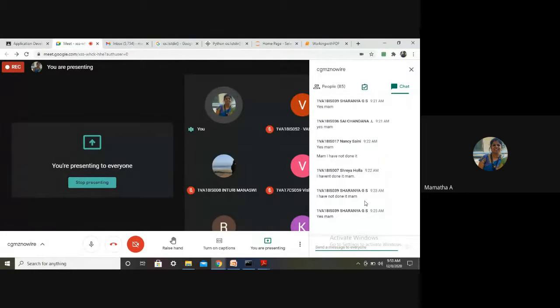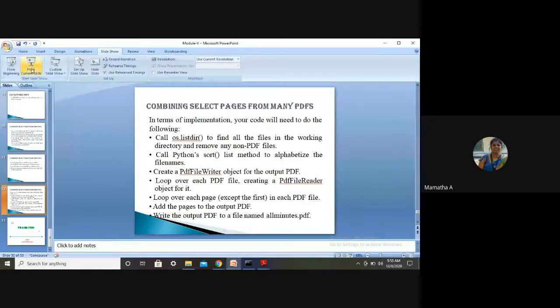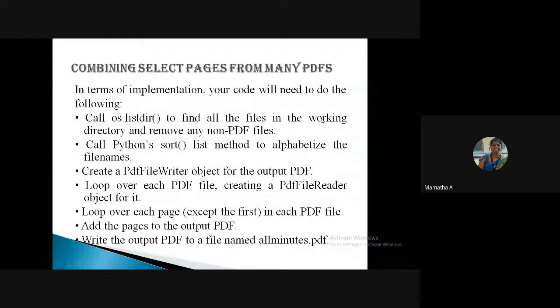I have just given you the rough idea, but you need to find out how you can take the files, then remove the non-PDF files, then sort them; the rest you can all do. Only these two you have to check how you can do. If you find it difficult, it is there in your textbook number 1. You can look into it, learn it, and do it. It's not a problem. Okay, just go through it.